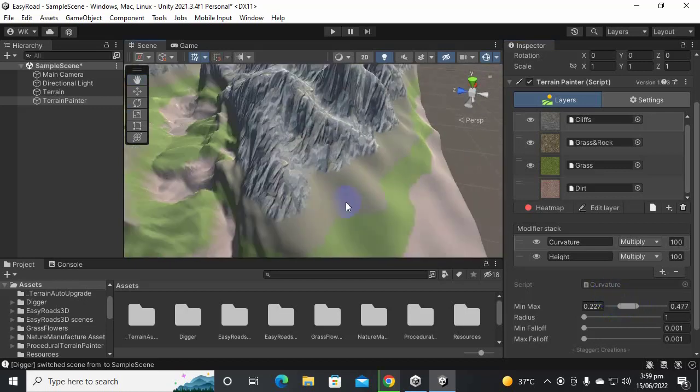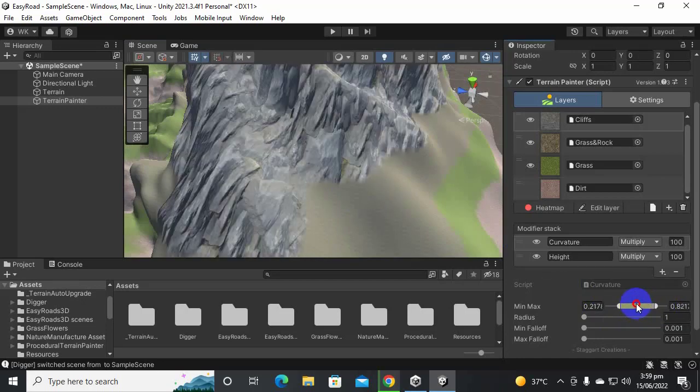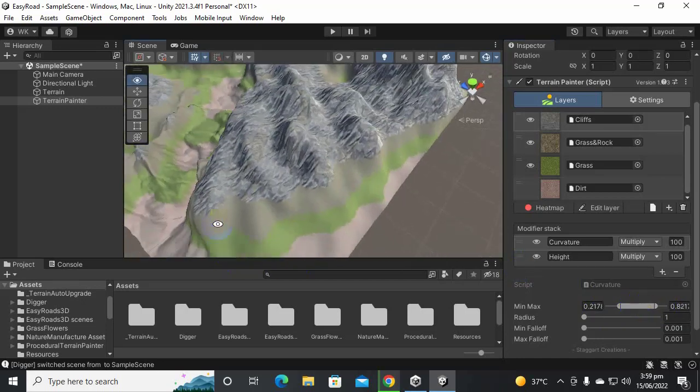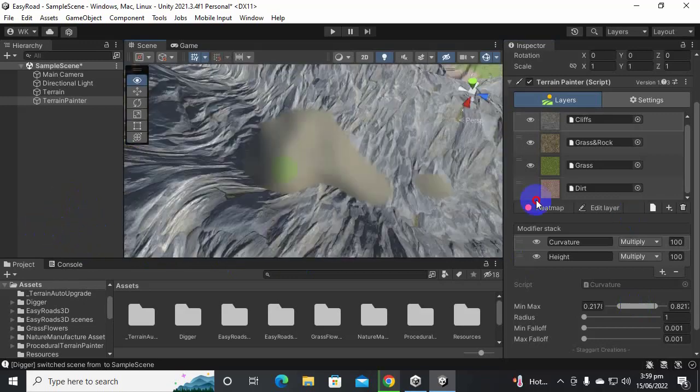So here you can see, just move the slider a little bit, and here you can see that we have a nice blending between these two textures, but